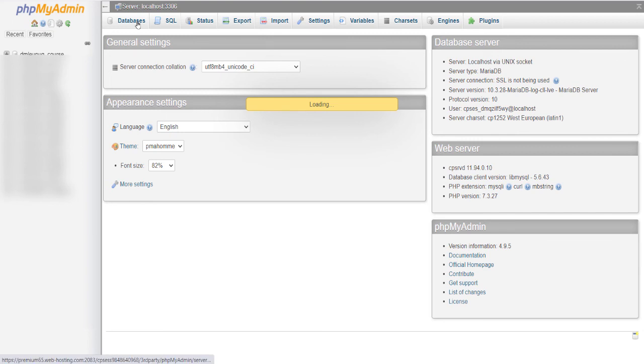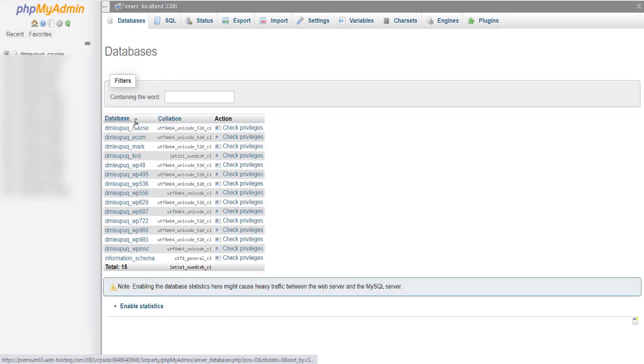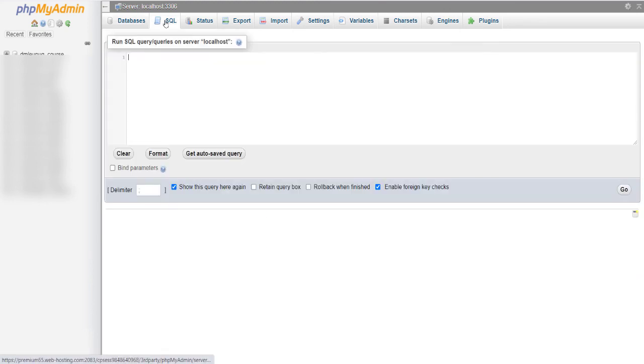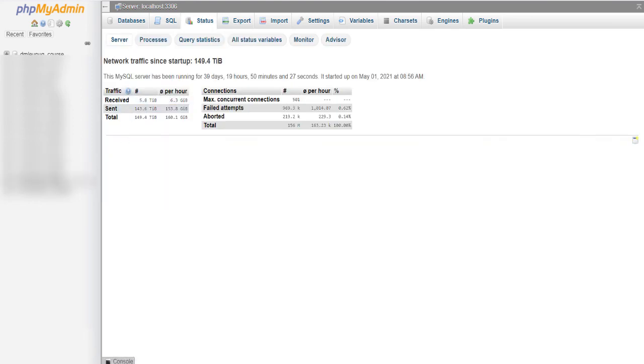Just click database. So here my WordPress database is already created, with SQL queries. These are all technical, you don't need to worry about them. For your information, if you are interested, you can go on Google and learn about databases. Whenever you get stuck you can see that.